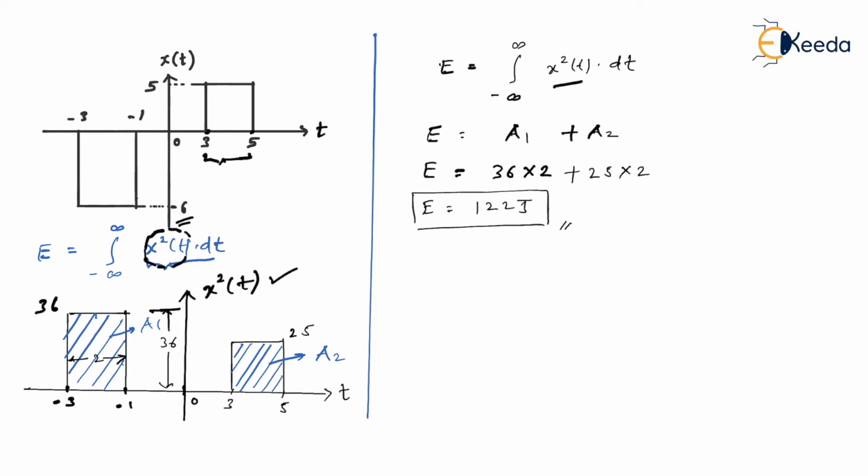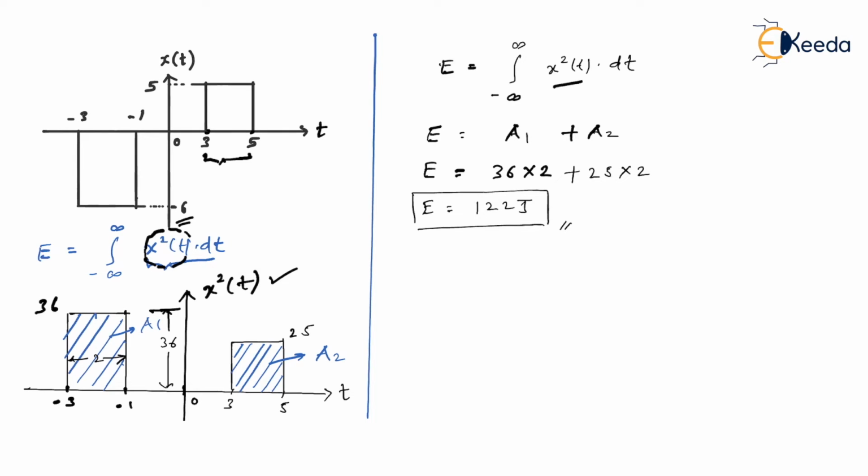So now we have seen both the approaches, that is actually doing integration, and secondly interpreting integration as area under the curve, and just by calculating two areas and summing them up we can calculate energy directly. So according to you, what do you think, first method is preferable or second method is preferable? Then most of the students say, sir, second method is preferable because it is quite easy, we don't have to really go through an integration.